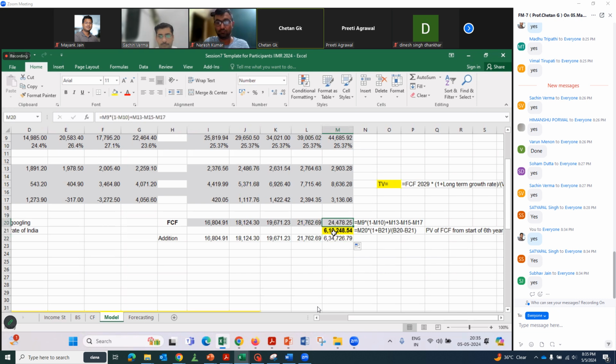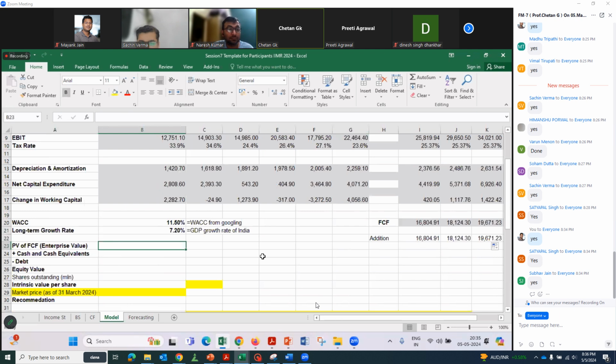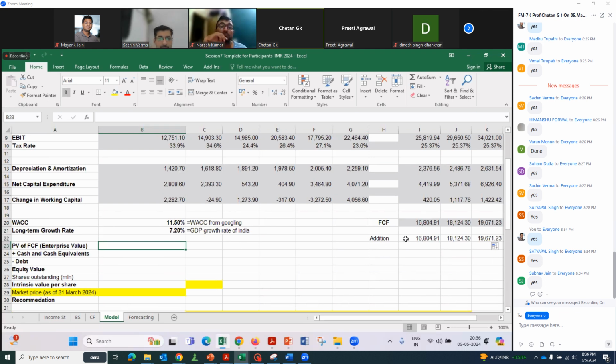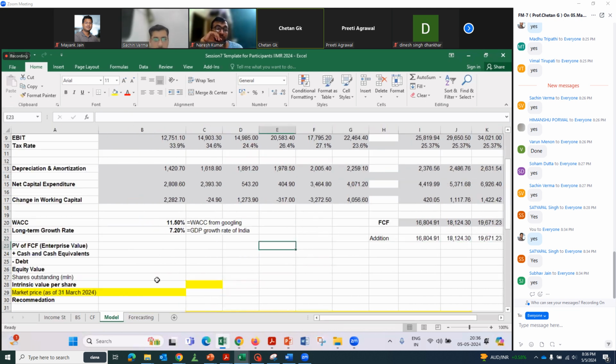Only in the 5th year will we have this. These are actually called the present value of FCF. So can you compute the present value of FCF now? I mean this cell.